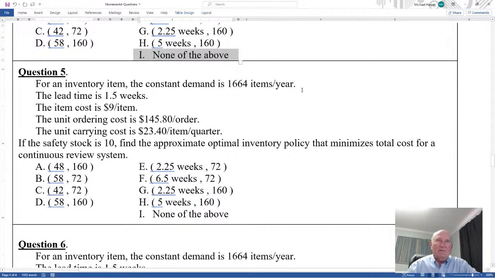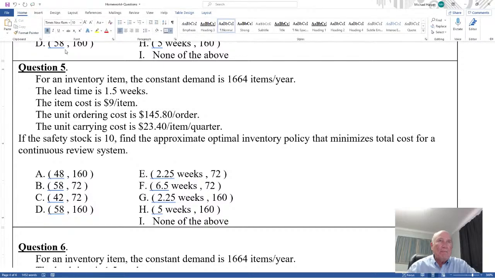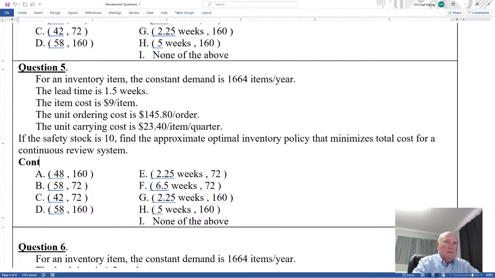So question 5. If the safety stock is 10, find the approximate optimal inventory policy that minimizes the total cost for a contingency system. Okay. Now notice what we have. We have a continuous. Let me bold this again. I want to bold it to highlight it. Continuous